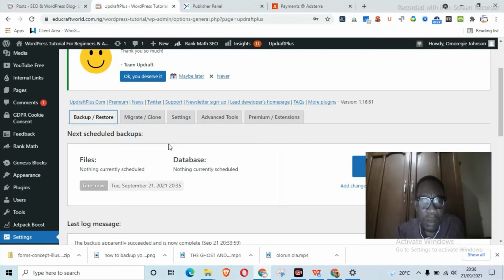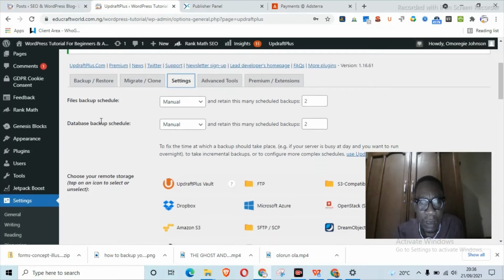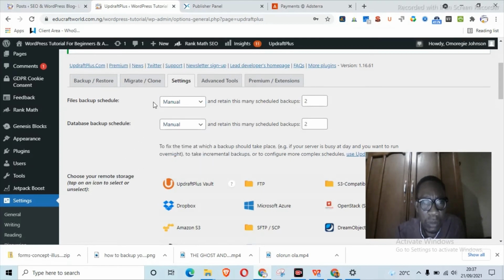If you want to select your own remote backup storage, all you need to do is come here and click on settings. Once you click on settings, you have the file backup schedule here. I choose manual, but you can do it every 2 hours, weekly, monthly, fortnightly, automatically, as you want it. I chose to back it up manually myself, and to retain two scheduled backups. So only two scheduled backups